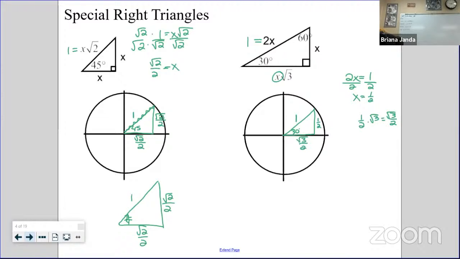Now that one can be flipped because the 30 could be at your origin, or the 60 could be at your origin. It doesn't matter. It's the same side lengths. You just need to make sure that the correct number is across from the correct angle. But again, instead of thinking of it as 1, 2, and the square root of 3, now if I am going to stick to being a special right triangles person,